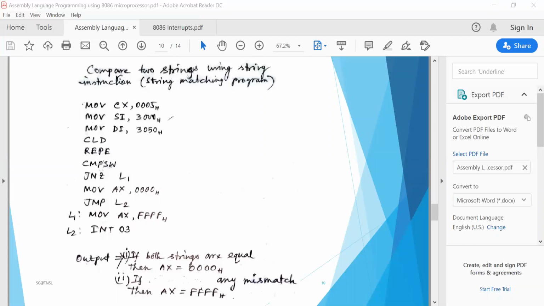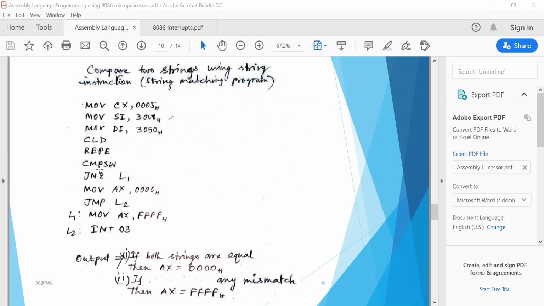So after comparison, if there is no zero, it means one is unequal or mismatched with another. If they mismatch, the zero flag will not be set. If the zero flag is not set, both strings are not equal, so your output will be FFFF.